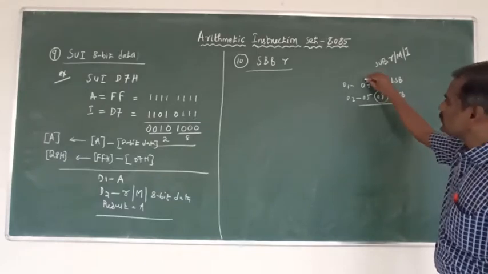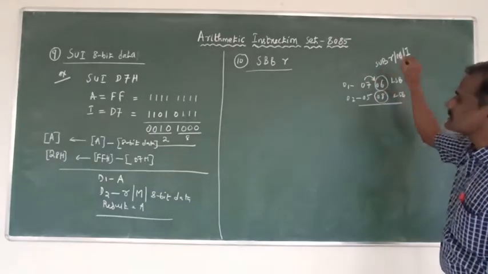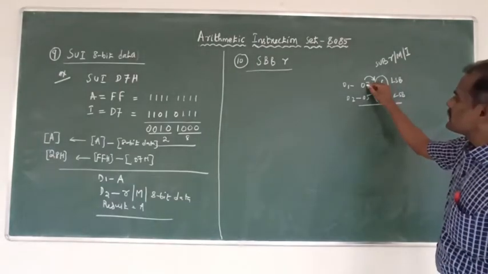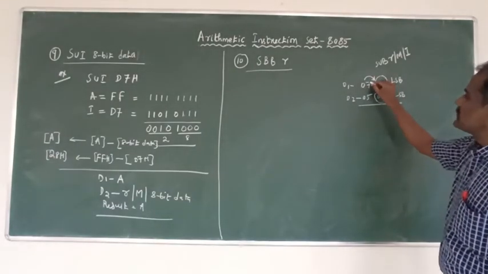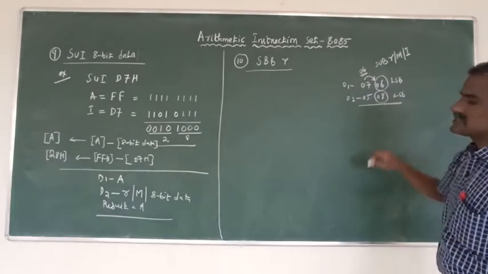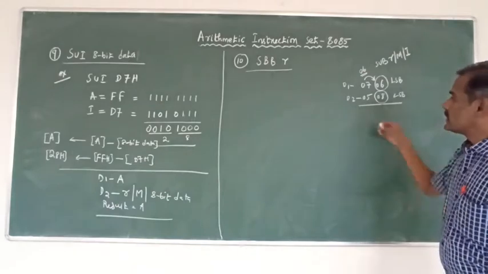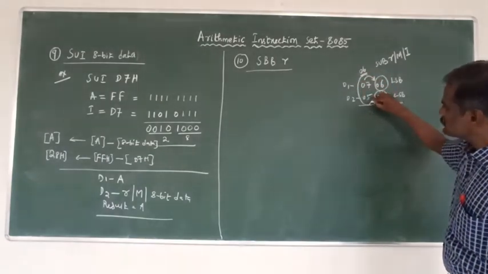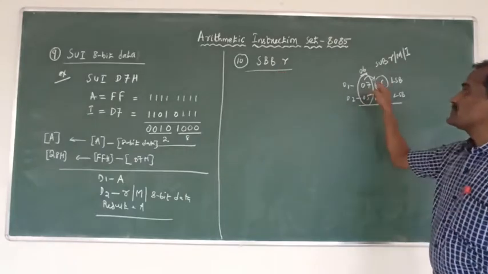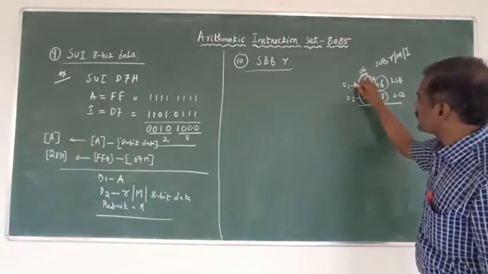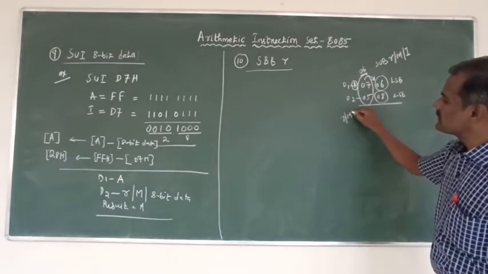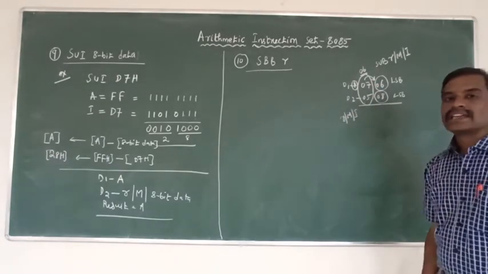At that time we have to get some borrow from here. We have to get some borrow from here. Now the 07 will be changed into 06. Okay. Now to subtract these two, at that time we can use this type of instruction, SBB, with data 1 in the accumulator. The second data will be either a register or memory or immediately given 8-bit data.